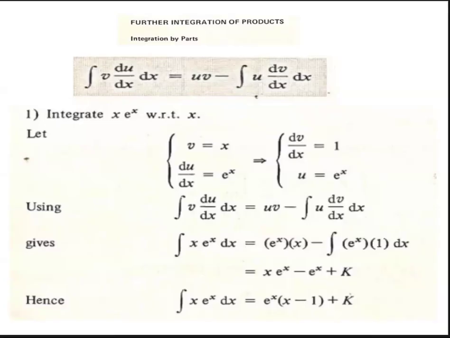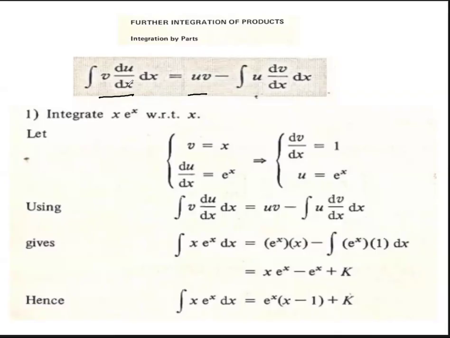So, and I'm going to state without any proof here, that if you were to integrate something like v du/dx with respect to x, it's equivalent to uv minus the integral of u dv/dx. Good. Now, what's the idea in this one? The whole idea is that if you have something of the form v du/dx,